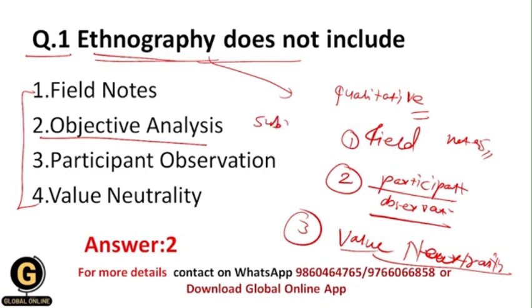Basically here we do the subjective analysis, because over here we are going to study the behavior, a quality or characteristic or nature of humans. Okay, basically, and that's why here there is only subjective analysis, not an objective analysis, and that's why the correct answer over here is 2.